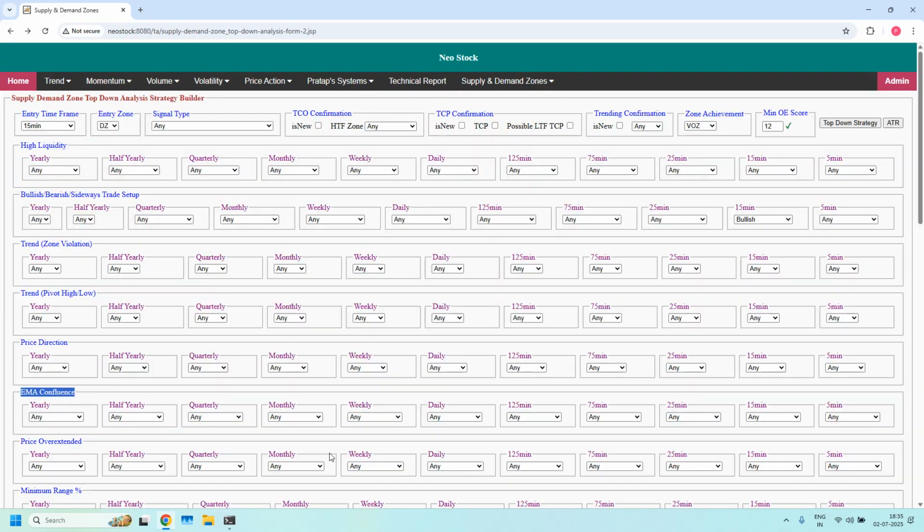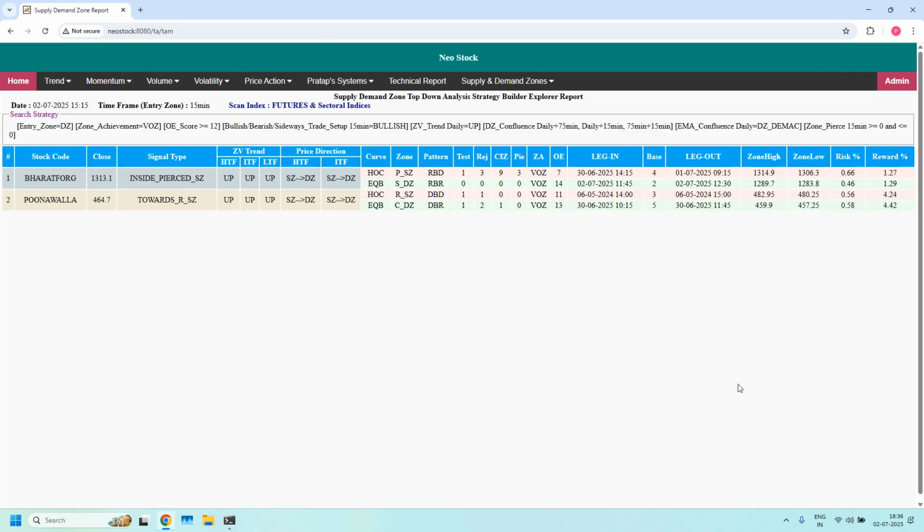In the EMA Confluence at a daily time frame, I'm checking daily demand zone having daily EMA. At the same time, trend on the daily should not be sideways. It should be uptrend because it is a bullish trade setup. Let's filter. So we got 2 stocks. So these 2 15 minutes demand zones might be having more high probability to get success. That's why this stock already tested twice. Okay, this is about a bullish trade setup for